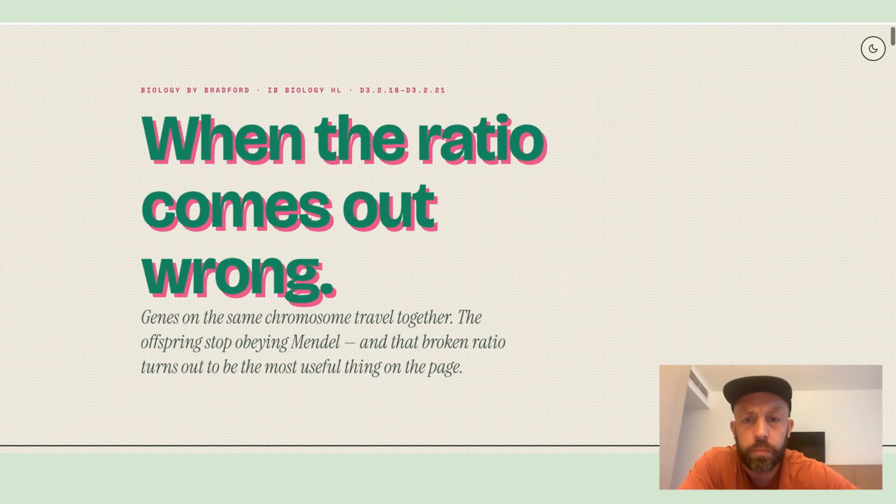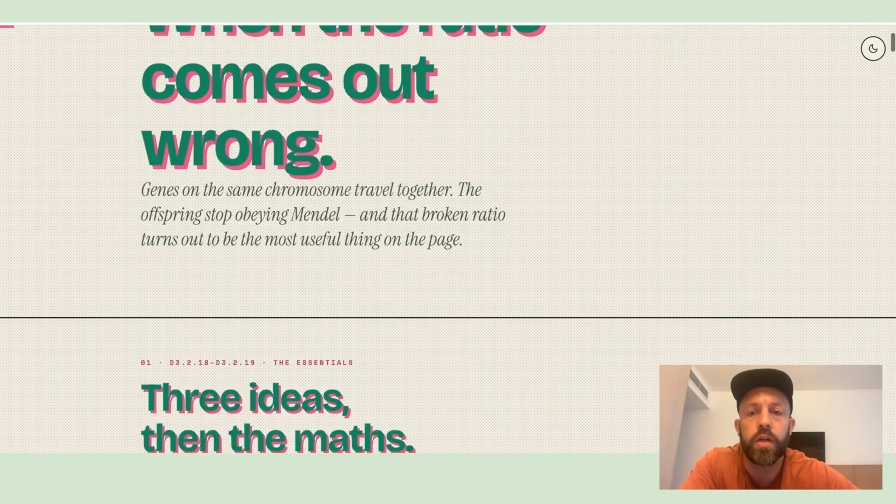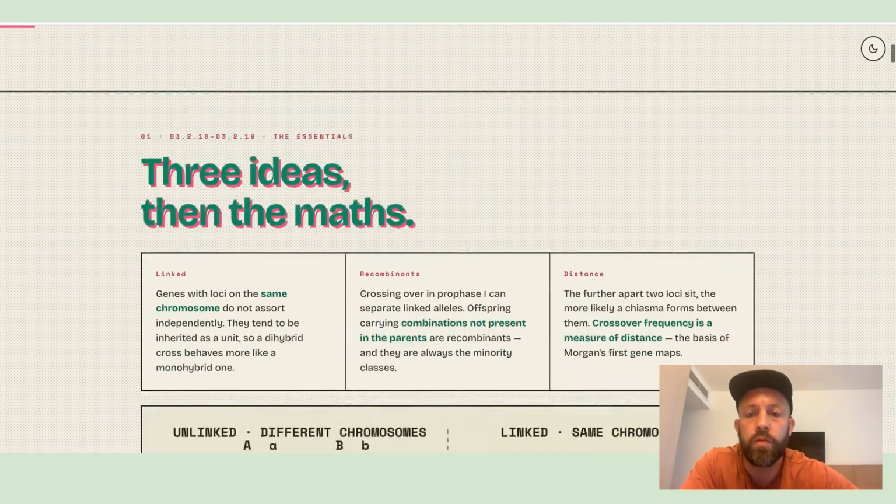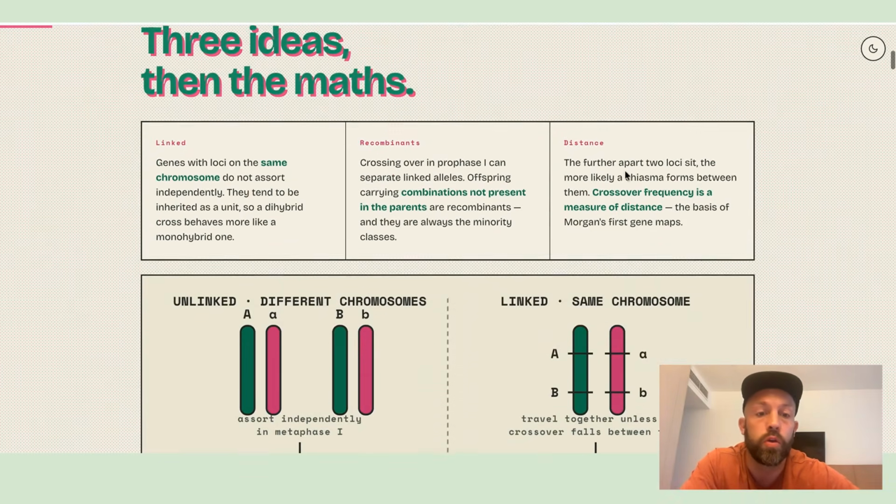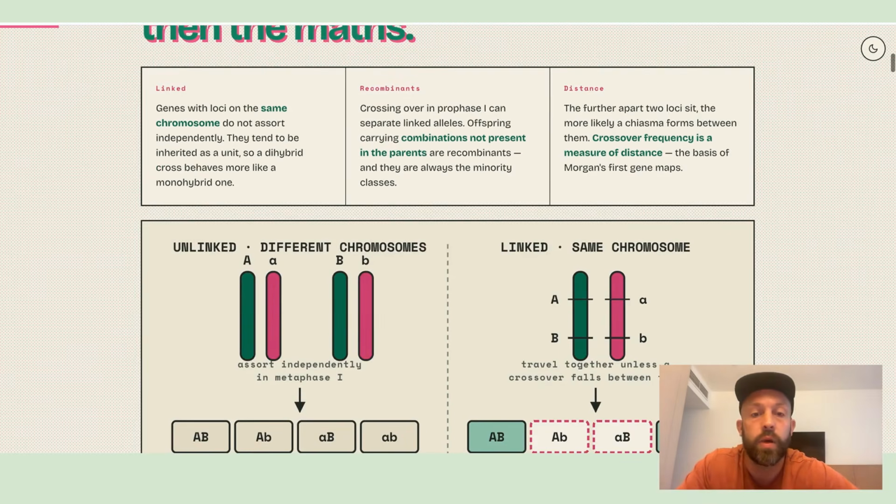And then what happens if you don't get those ratios and you get something similar? So we know from meiosis that there's something called crossing over. Crossing over gives us genetic variation. It's one of the biggest driving forces behind that variation. We have independent assortment of the chromosomes, the way that they line up along the equator, and you also have crossing over, which gives us new possible allele combinations